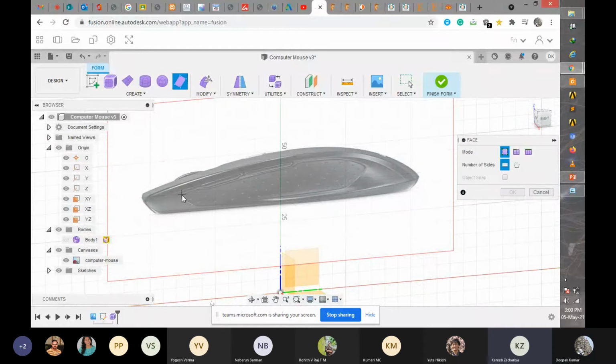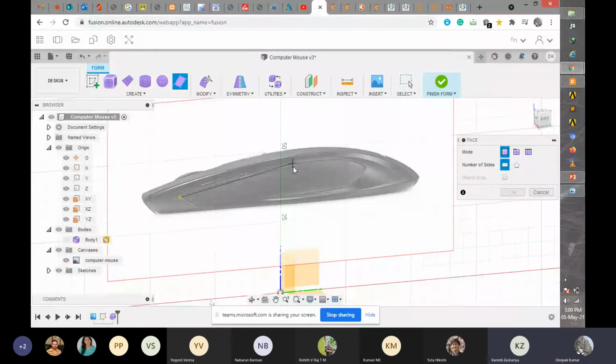Yes, exactly. Click. No, follow the profile that you want. I don't have mouse accuracy. Okay, you are using a trackpad. So just make a rough surface for now, just to demonstrate.